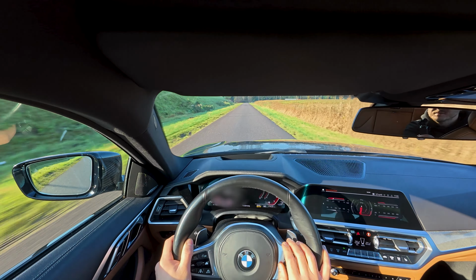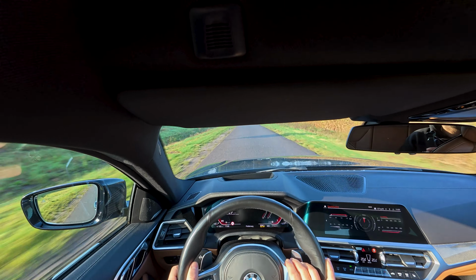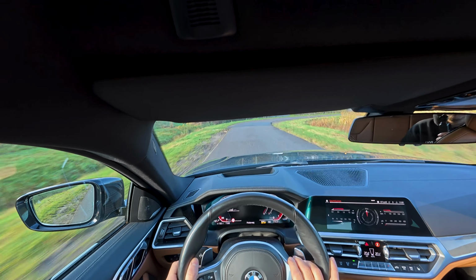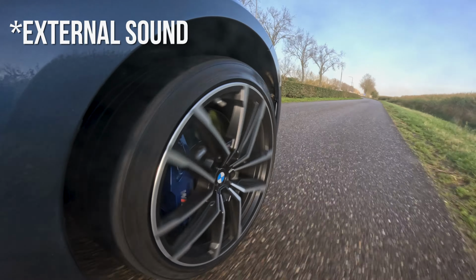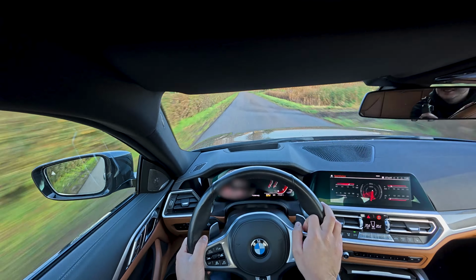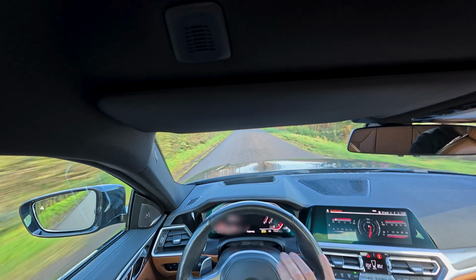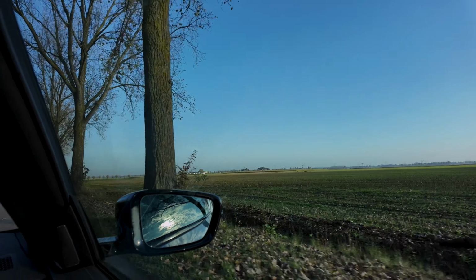It will do a little four-wheel drift as well. We have turned off everything, so the traction control is completely off, not in Sport Plus mode or something like that. Well, it's in Sport Plus mode, but with the TC off. As you can see, the rear end of the car is quite happy on these tires. I'll just do a little